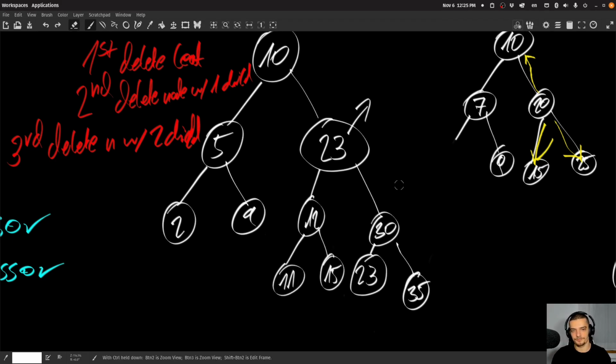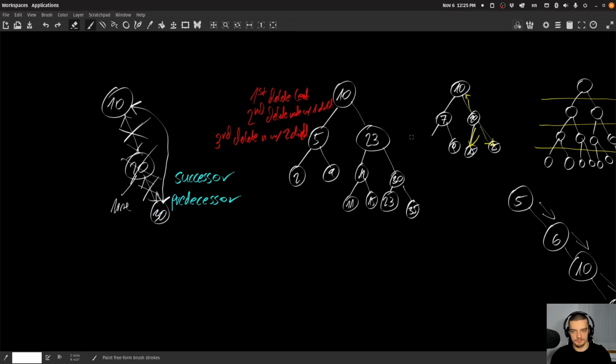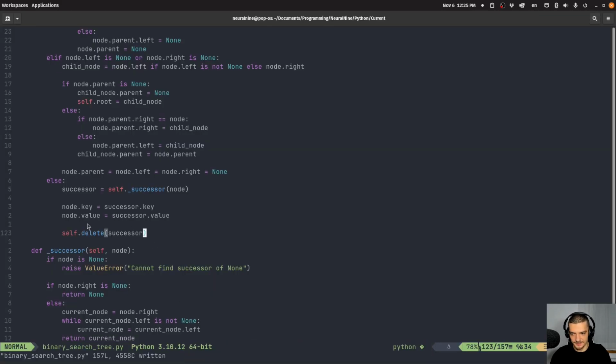There you go. That's the basic idea. And since we have the delete method, this is going to be done properly. So if it's a leaf node, it's just going to delete it. If it has exactly one child, it's going to shift it properly, and it cannot have two children, because then